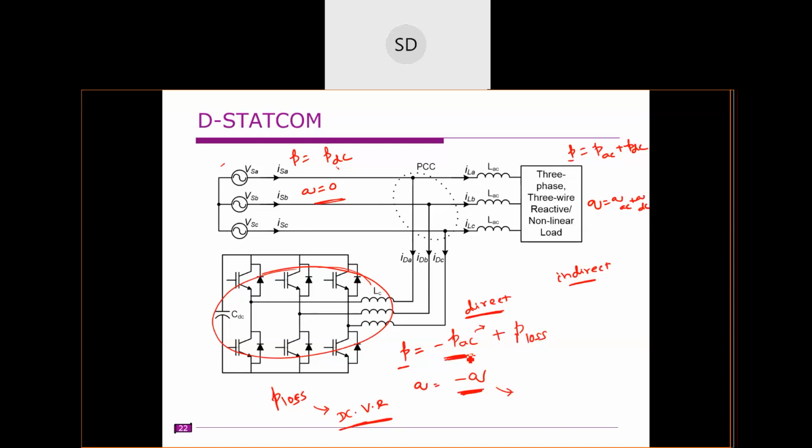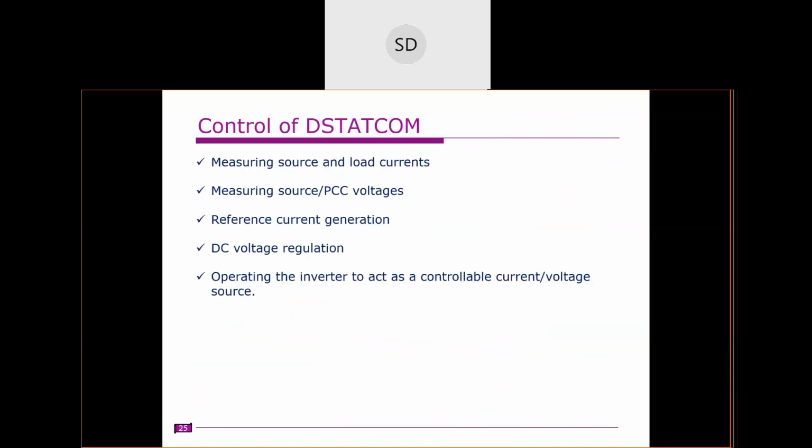So this first component, minus PAC, is to compensate the harmonic currents or harmonic power. So this additional power must be drawn to maintain the DC capacitor at its prescribed value. Is it clear? So here also we need to add this P loss component, in addition to this load current, so it additionally draws these losses in the STATCOM. Clear? Yes, sir. Okay. Right.